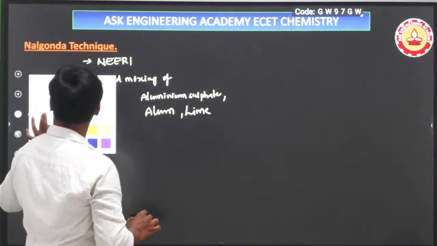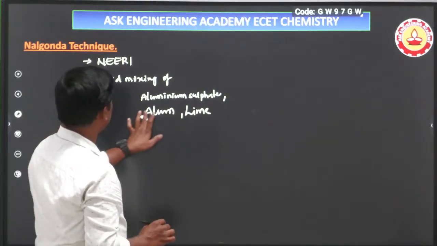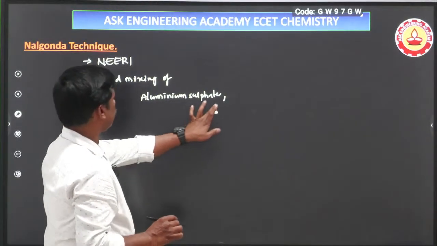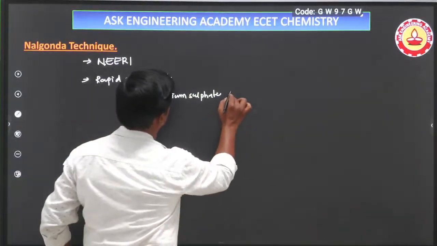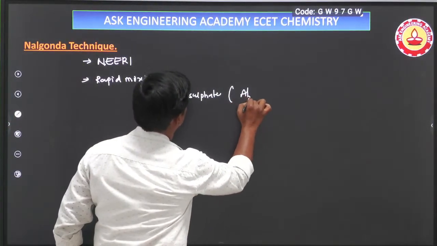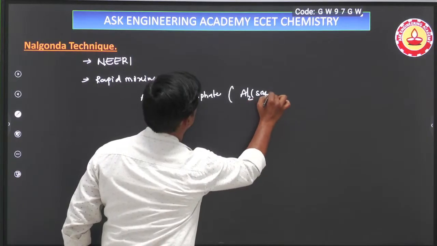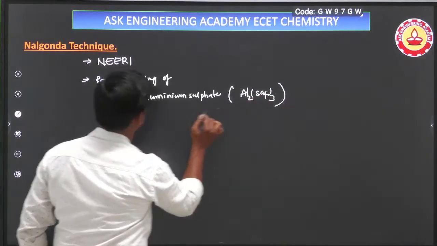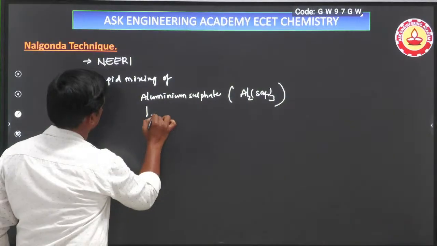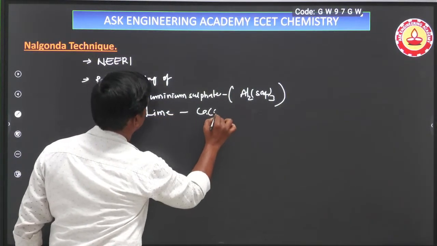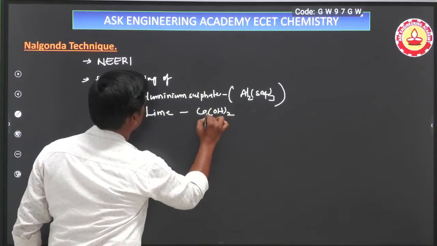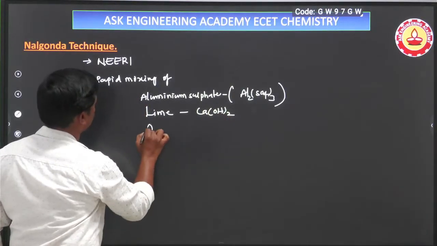Here I am going to give alum chemical formula one by one. Here what is alum chemical formula? Here only I am writing in bracket, check it. Here aluminum sulfate Al2(SO4)3, that is alum, lime, calcium hydroxide, and alum,